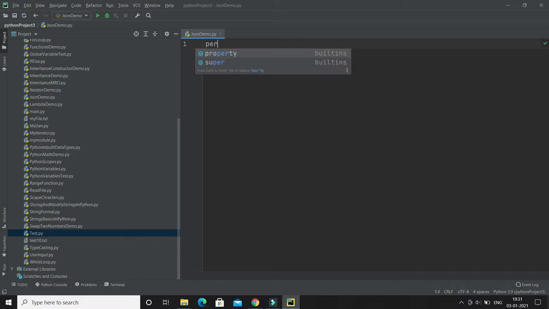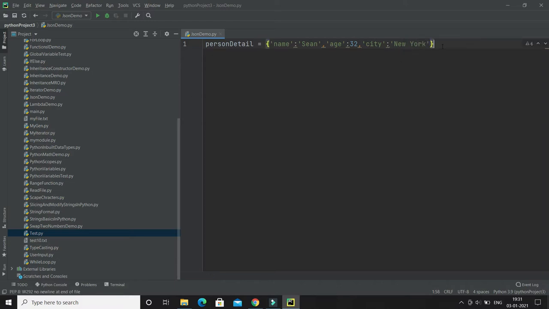So I would say person details, person detail, you can say. And here in person detail, this is a dictionary. There I'm going to declare some key value pairs. So I'm going to declare the name, and let's say name of person is Shown, and next attribute I'm going to take, let's say age is 32, and last but not the least I'm going to take city, let's say city is New York, right?